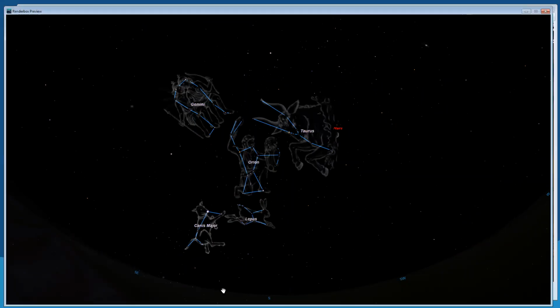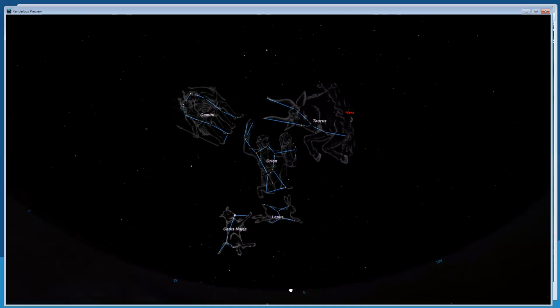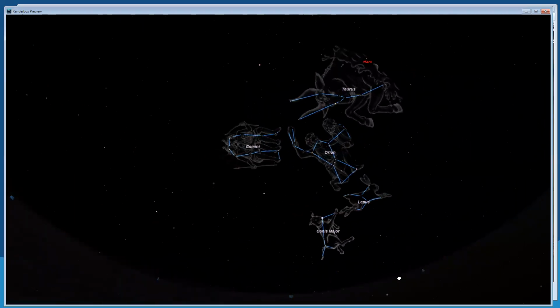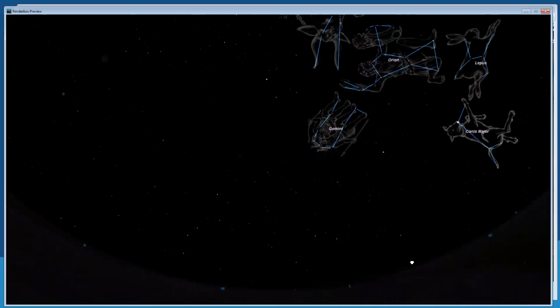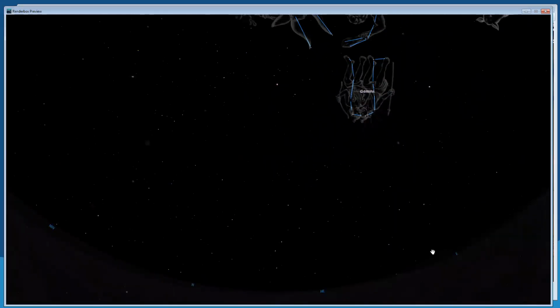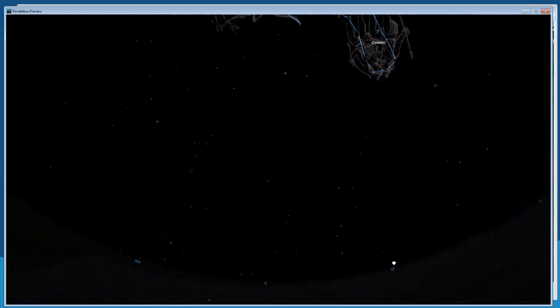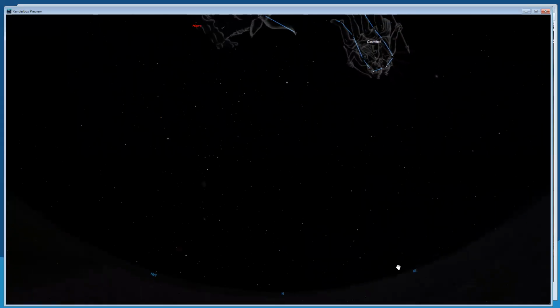And we'll just take a quick spin around. It's easier to spin it around this way. And we'll take a quick look at the north sky before we finish up.